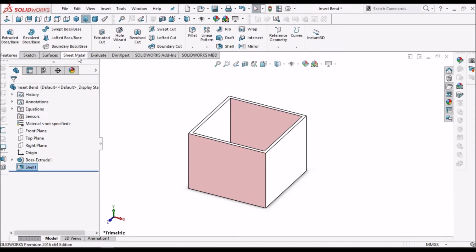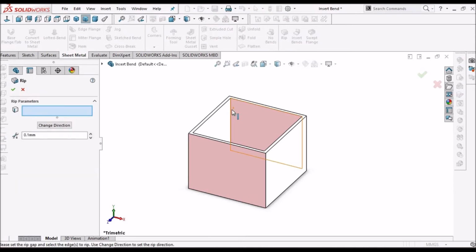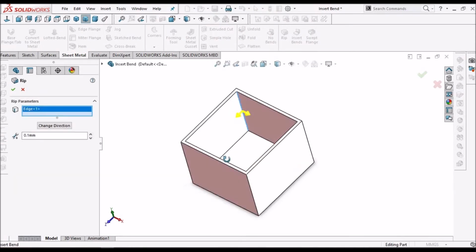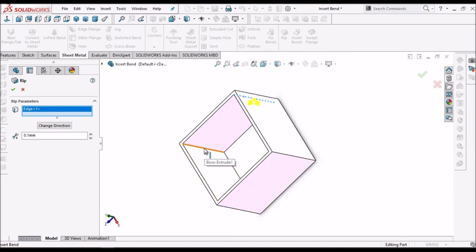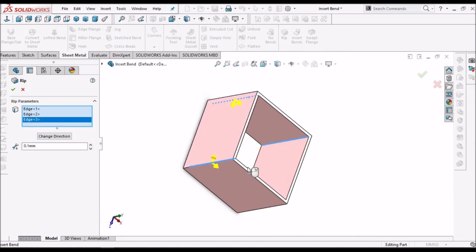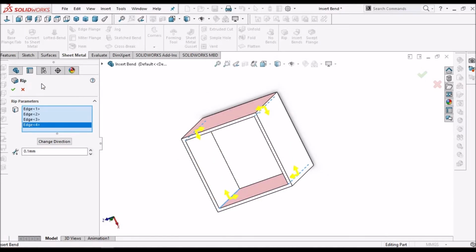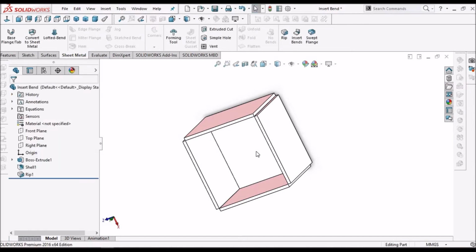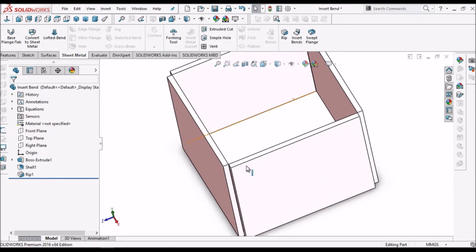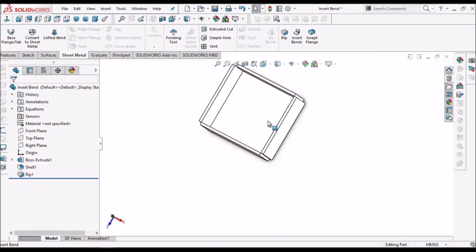Then we have to create a rip. So the corners are divided now.